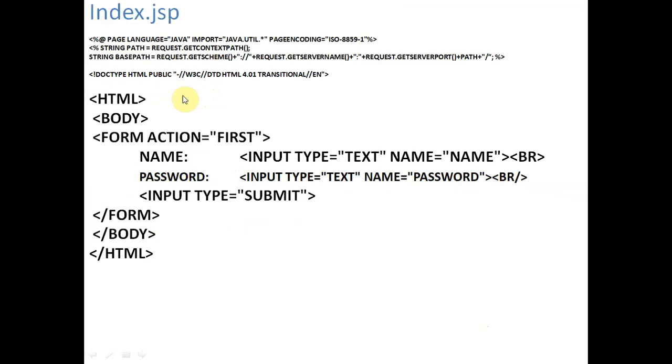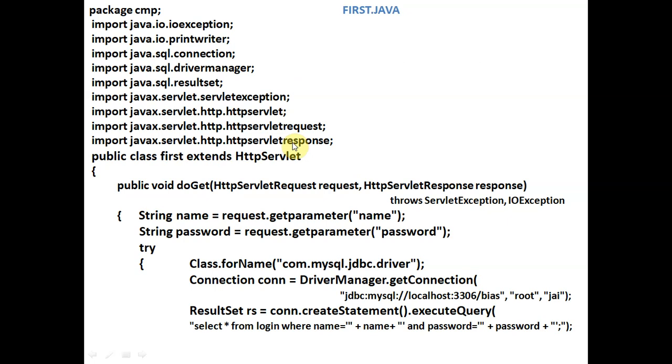So it means it is running the first.class file. This is first.java, and the required import statements we have given here.